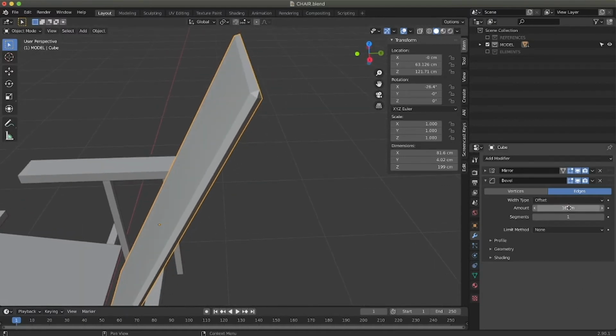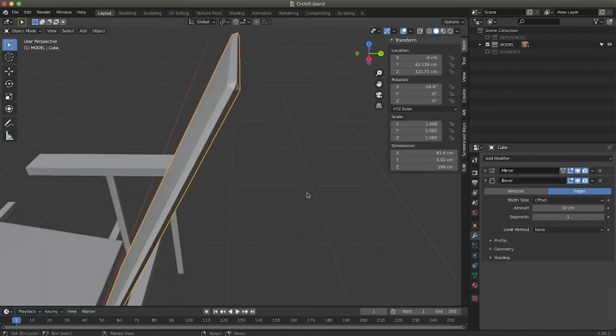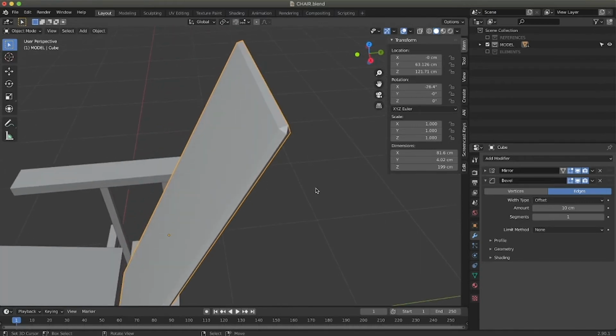What the bevel modifier does is simply the same thing that we did before, but in a more manageable way. It adds geometry in between edges. As you can see, I added the bevel under the mirror. In Blender, the position of the modifier counts a lot. In this case it doesn't alter too much, but in future tutorials, remember that moving this to the top or the bottom can alter the shape.